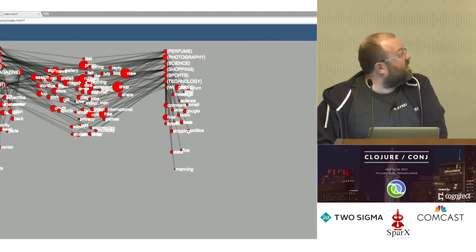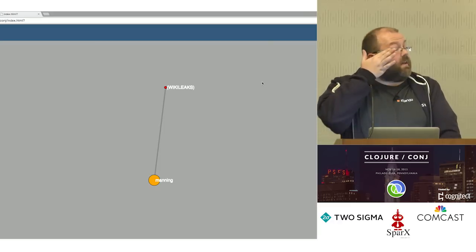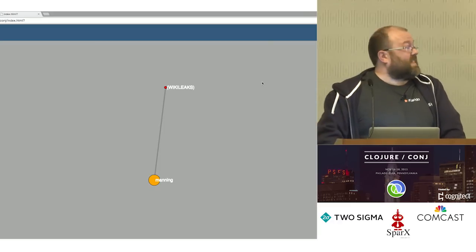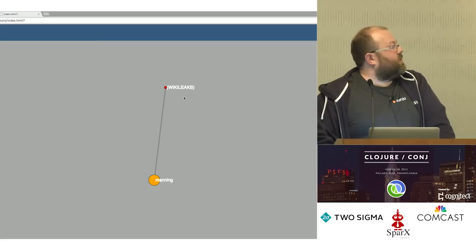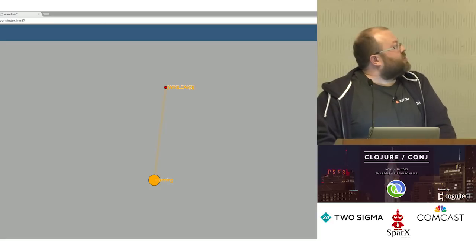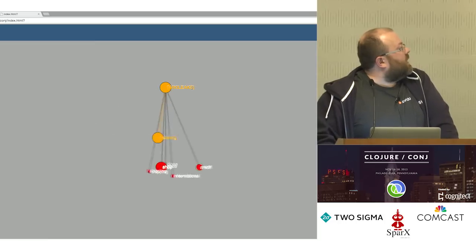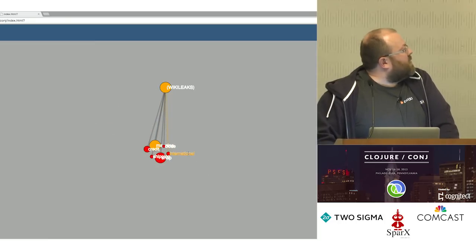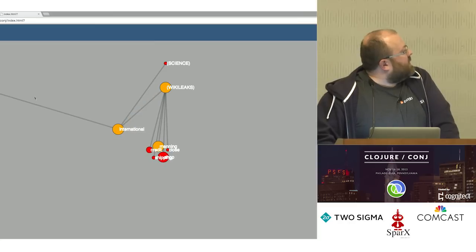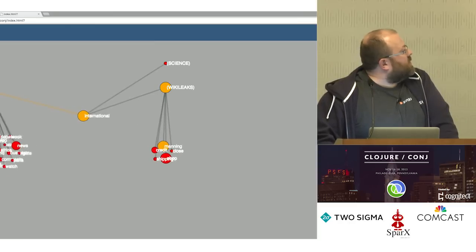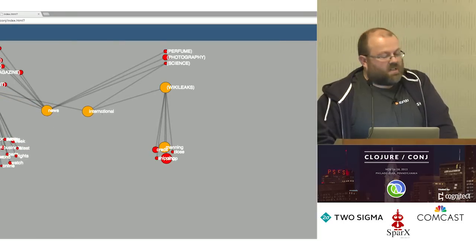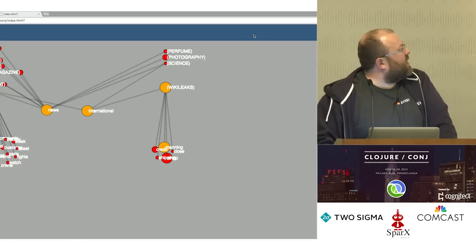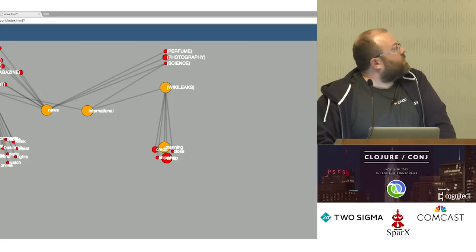If we start with Manning, so this is just like 15 or 16 topics from the model we created, and just a few words from each, otherwise the browser kind of goes gaga. But I just wanted to show you that even with this, there are some interesting explorations you can do. So this is our WikiLeaks topic that had Manning in it. And then we can see, okay, well, there's international in that as well. And that leads to a topic we've just hand labeled as news. And then from news, there are loads of other topics. And even there, there are lots of interesting things you can dig into and explore.